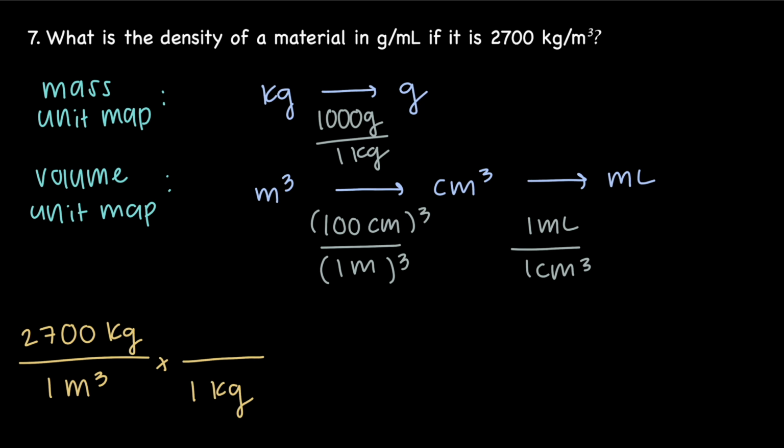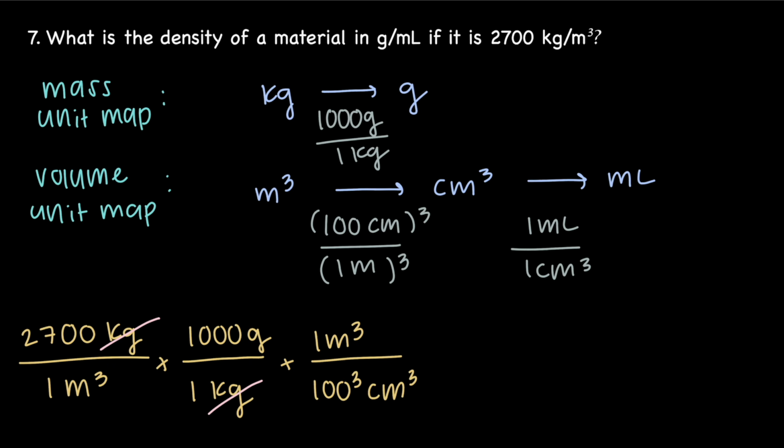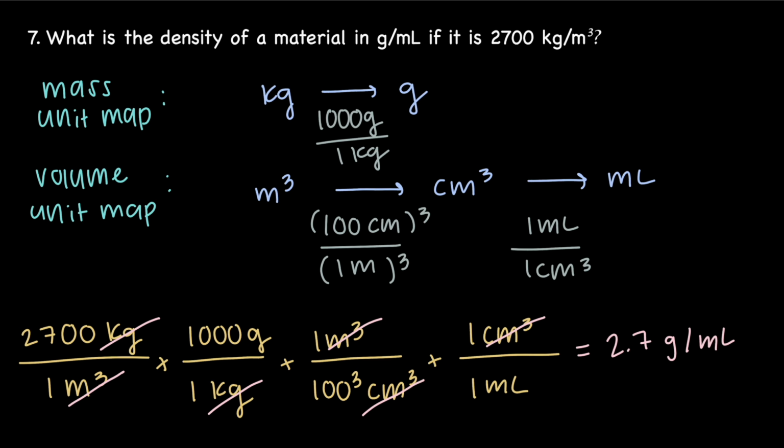In the next fraction, 1 kilogram goes on the bottom and 1,000 grams goes on the top. Kilograms cancel out, and we have our end unit grams that we need. We can now look at converting cubic meters to cubic centimeters. In the next fraction, 1 meter cubed goes on the top and 100 centimeters cubed goes on the bottom. In the next fraction, 1 cubic centimeter goes on the top and 1 milliliter goes on the bottom. Cubic meters cancel out and cubic centimeters cancel out, and we are left with milliliters, the end unit that we need on the bottom. Multiplying and dividing all values, we get 2.7 grams per milliliter with the correct number of